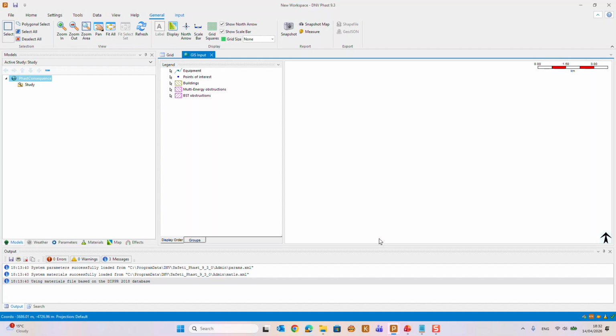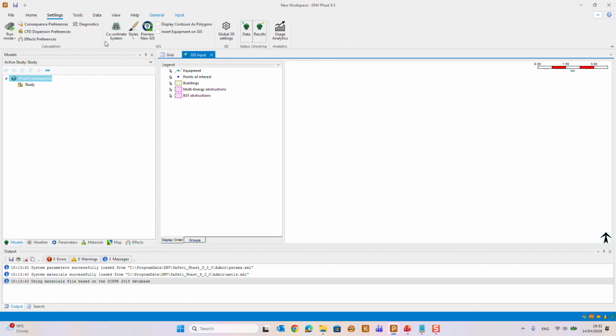Now let's have a look at the demo. I have here Phast 9.3, and to be able to enable the preview new GIS, I just need to go to the Settings tab in the ribbon, and then here within the GIS group I can find the preview new GIS button. So I just need to select it, and then I get this message which is indicating that I need to restart the application. I click OK,